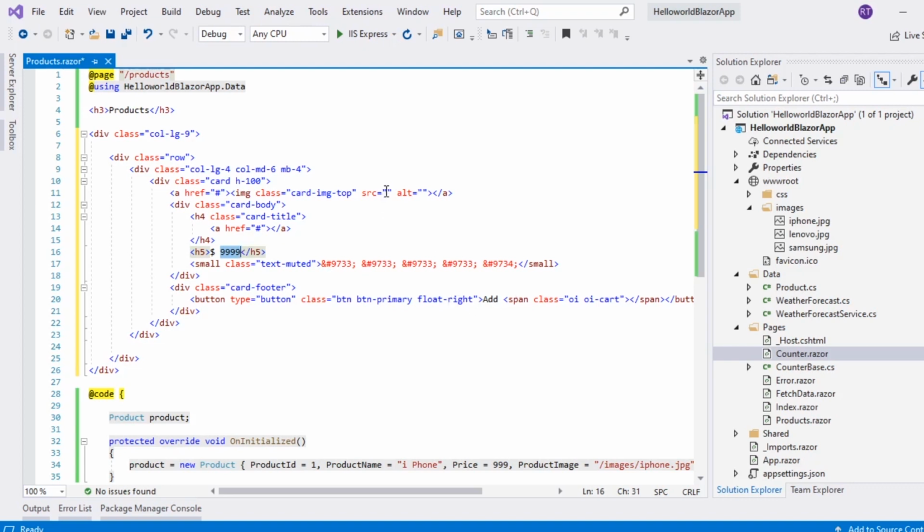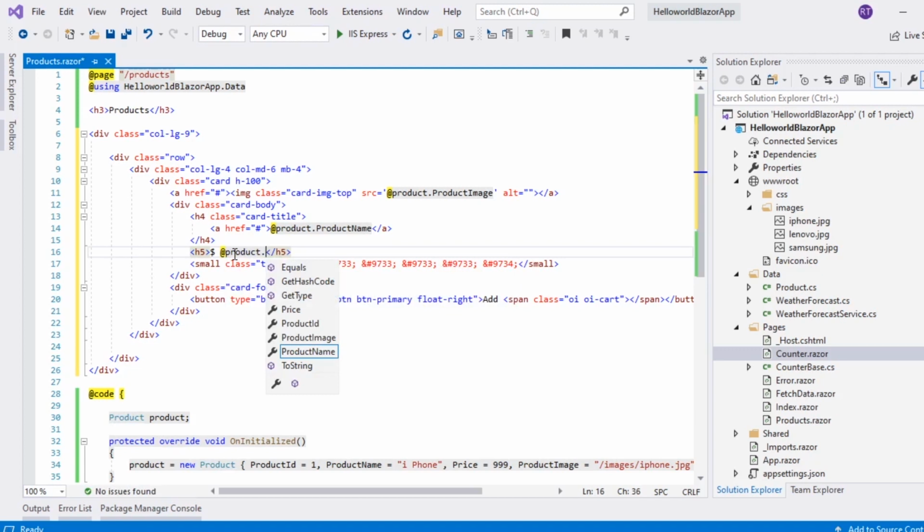So here I'll change that. I'll refer to the image with product.ProductImage, then the title with product.ProductName, and product.Price. I'll save it and run it again.